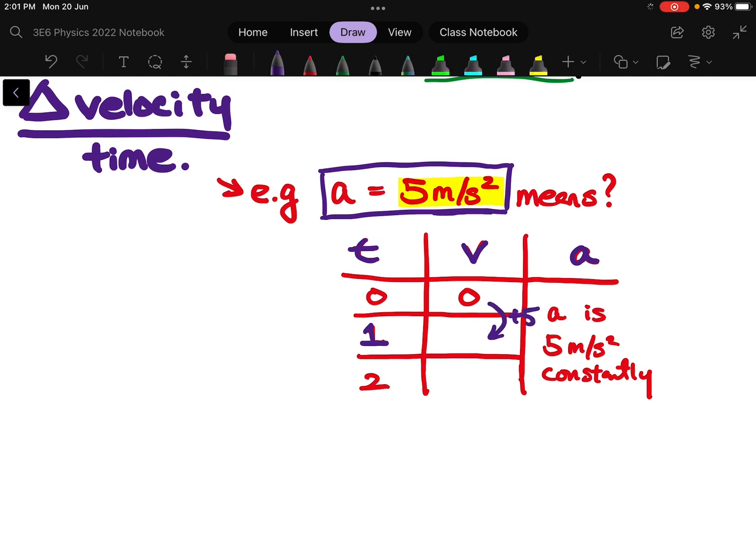So therefore, at time equals 1, my velocity would have been raised to 5. How about in the second? Well, my velocity will increase by another 5, because that is what a equals 5 means. So my new velocity will be 10. So in another word,